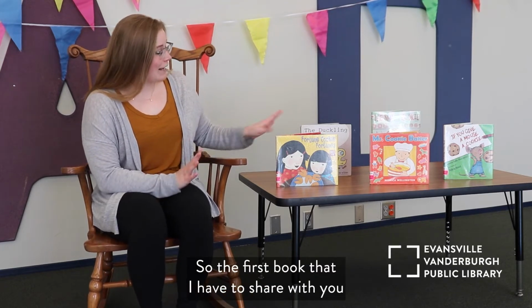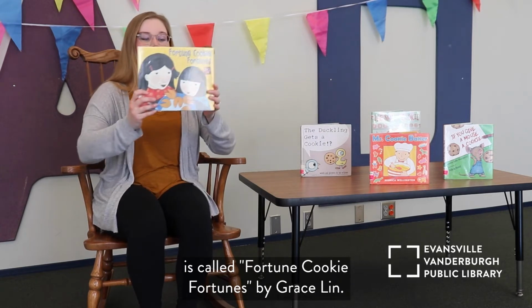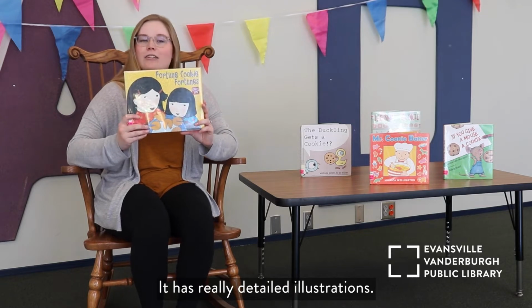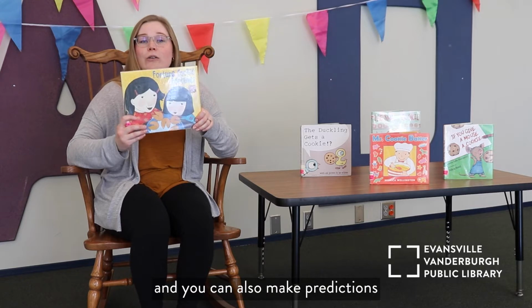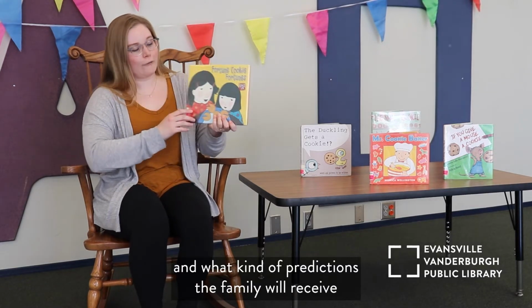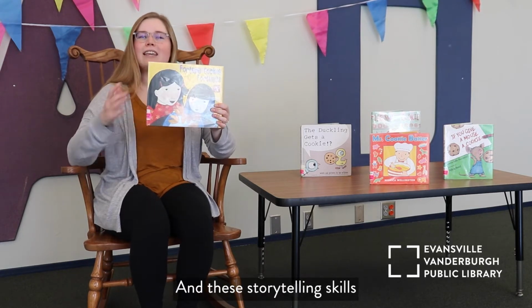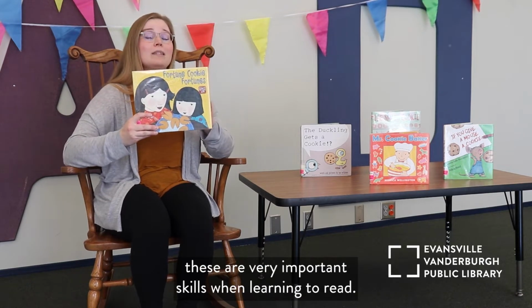So the first book that I have to share with you is called Fortune Cookie Fortunes by Grace Lynn. This one is great for preschool. It has really detailed illustrations. You can find something new each time that you read it. And you can also make predictions about what's going to happen in the story and what kind of predictions the family will receive in their fortune cookies. And these storytelling skills about prediction and finding out what happens next, these are very important skills when learning to